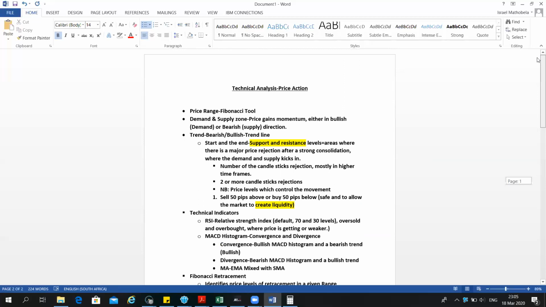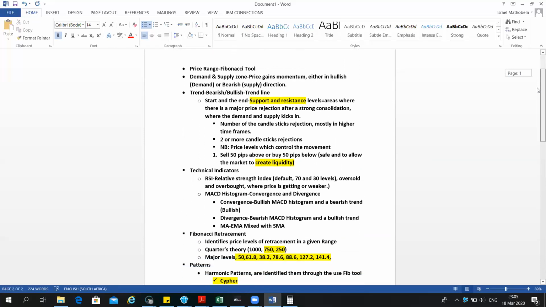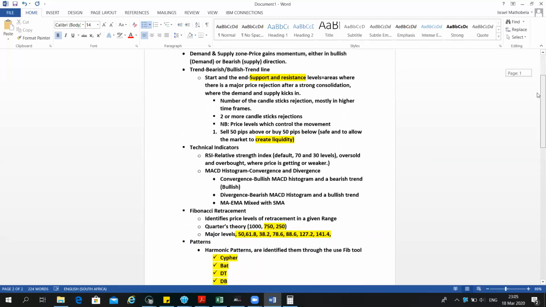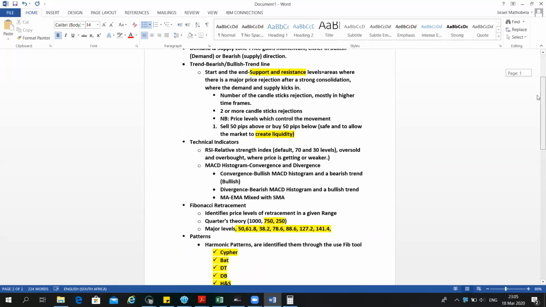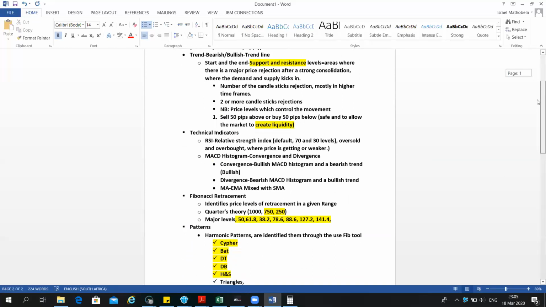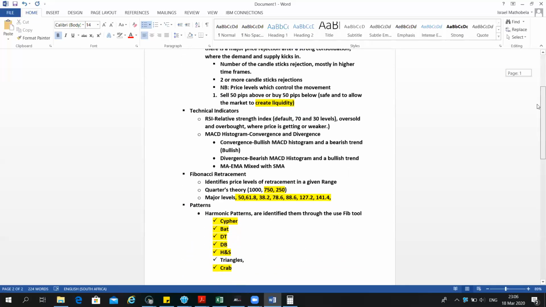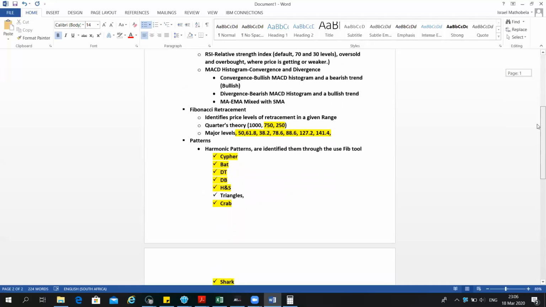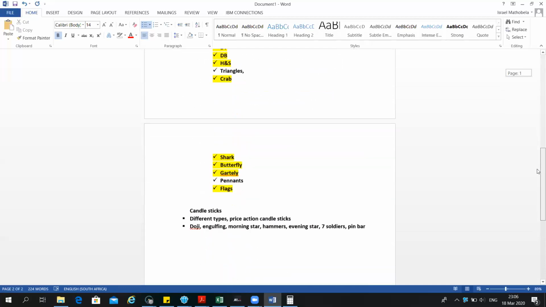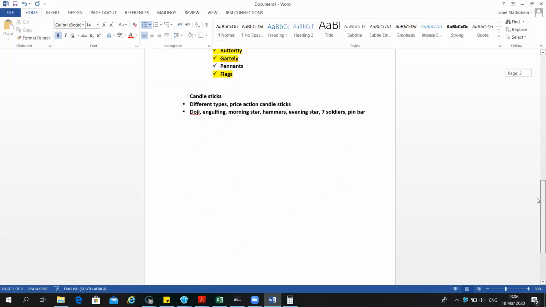Price action, demand, supply zones, trend line, bearish or bullish. You need to know where the start and the end of the trend are, your support and resistance. You need to also take into account technical indicators, your RSIs, your MACD, histogram, your EMAs, and also the Fibonacci retracement tool and patterns. You need to learn them as well, right? You need to